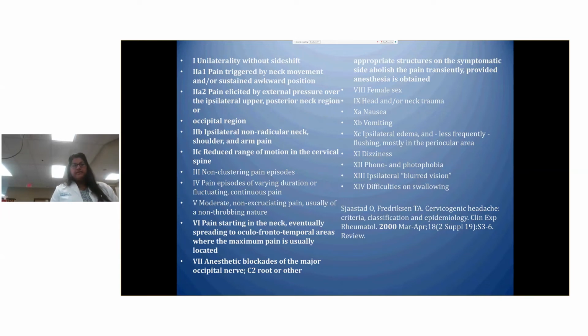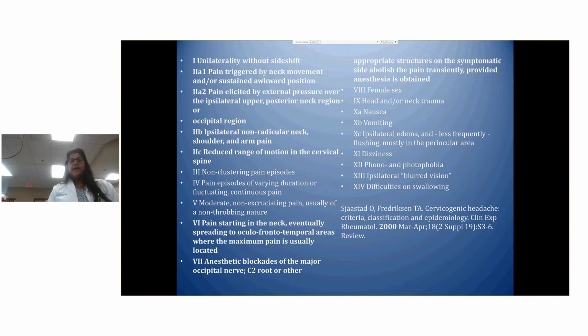And then there are these other ones here: non-clustering pain episodes of varying duration, which can be fluctuating or continuous. The description of the pain in number 5 here is moderate, non-excruciating, usually of a non-throbbing nature. And that's different than most migrainous types of headaches, which patients describe as severe, excruciating, and throbbing in nature. So that I found was an interesting criteria difference. The other ones, number 6 and 7, I'm not going to go over. Those are similar to the previous